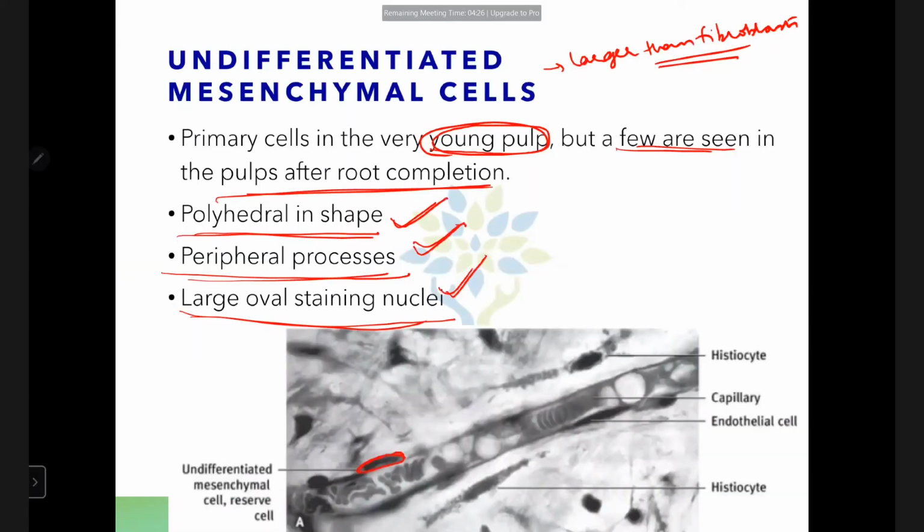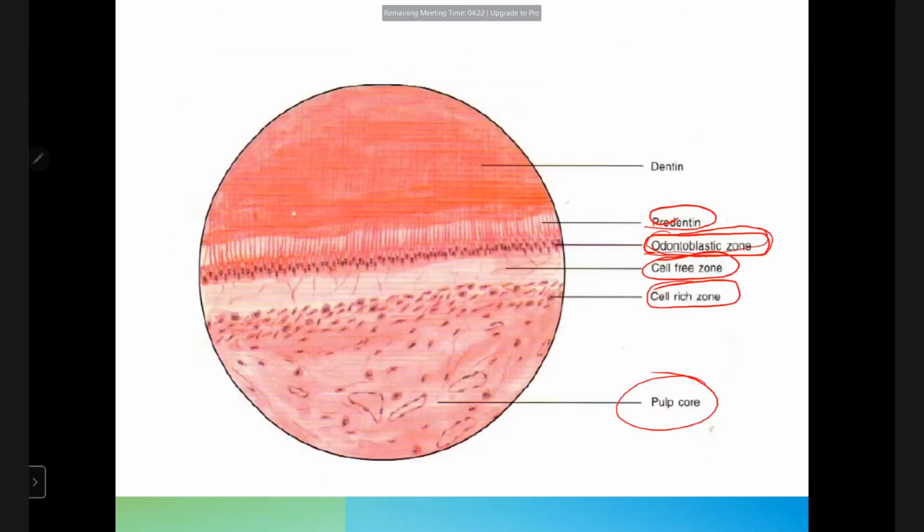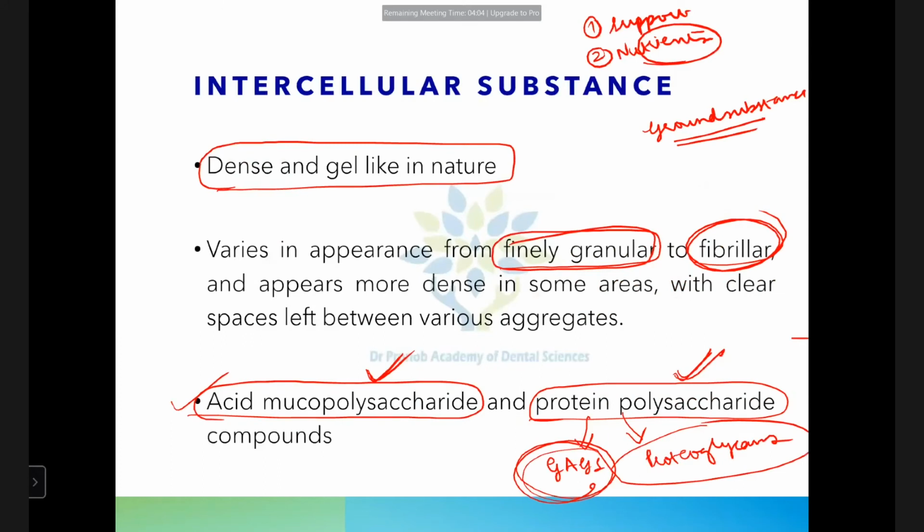See, the odontoblastic zone, which is having odontoblasts, where is it present? It is present adjacent to the predentine. So this layer is present adjacent to the predentine. With the cell bodies in the pulp, and cell processes present in the dentinal tubules. So in this odontoblastic zone, the odontoblasts are present adjacent to the predentine, towards the dentine.